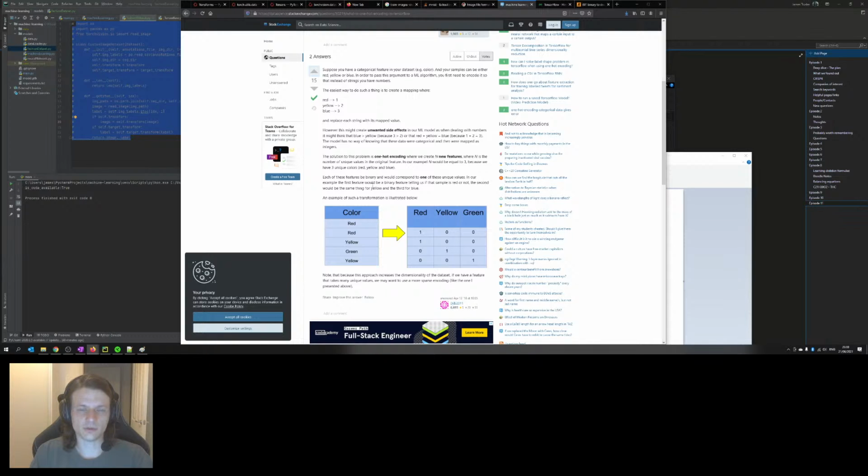In our example, the first feature would be a binary feature telling us if that symbol is red or not. The second would be the same thing for yellow, and the third for blue. An example of such a transformation is illustrated below. So red would be 1, yellow would be